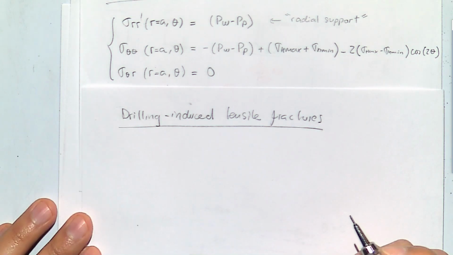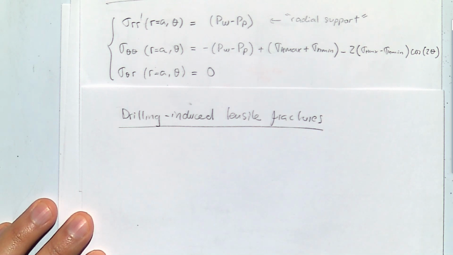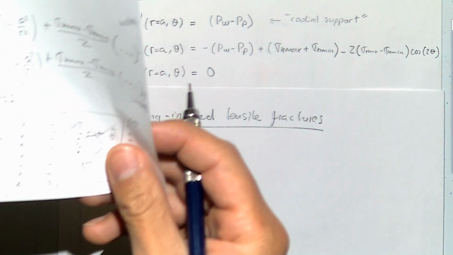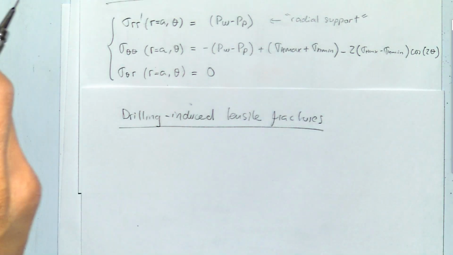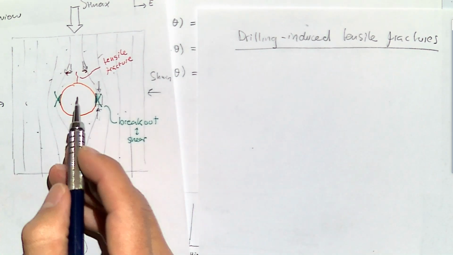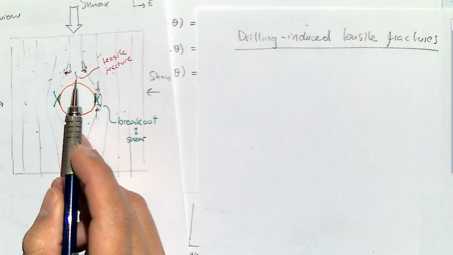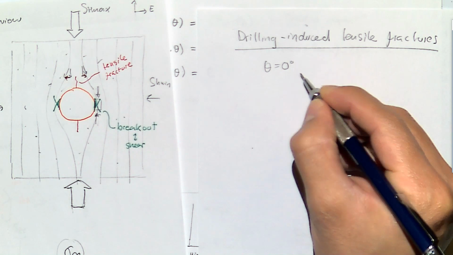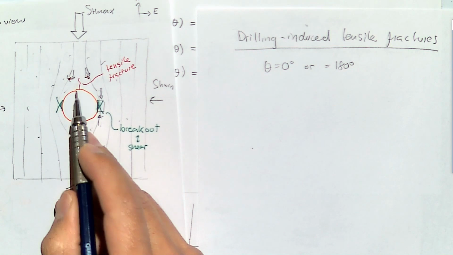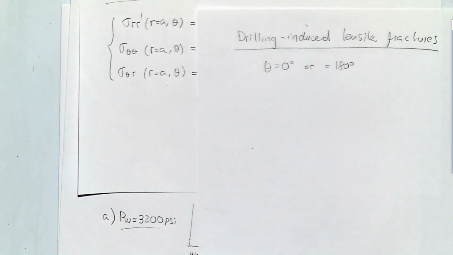In a drilling-induced tensile fracture, basically the hoop stress goes to the value of the tensile strength of the rock. And that's going to occur always when, if you look again at, let's go to our first plot over here. The tensile fractures are going to occur whenever theta is equal to 0 or equal to 180 degrees. That means either here or there. And when that's the case,